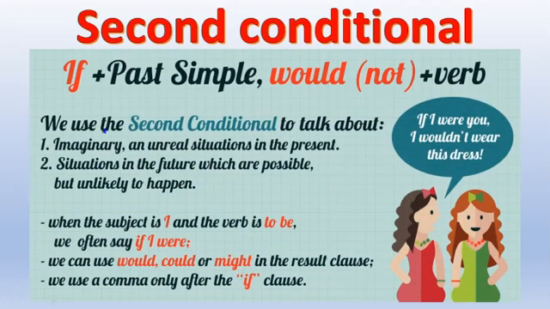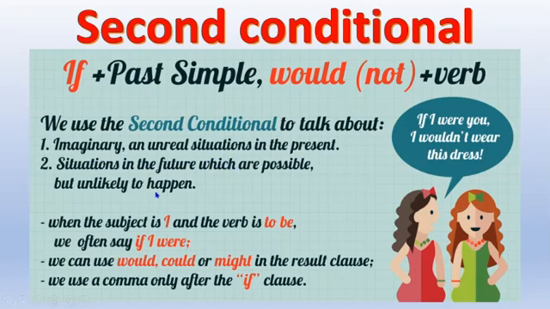We have the structure at the top. We have if plus a past simple tense, comma, would or wouldn't, depending on what you are talking about, and the verb in simple form. Okay, we use second conditional to talk about imaginary and unreal situations in the present, and situations in the future which are possible